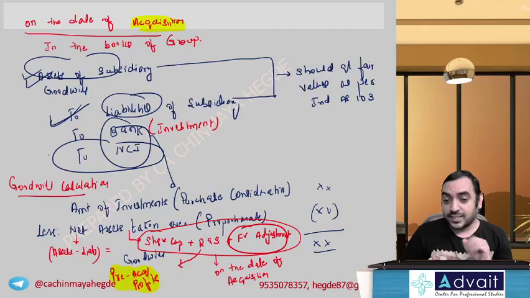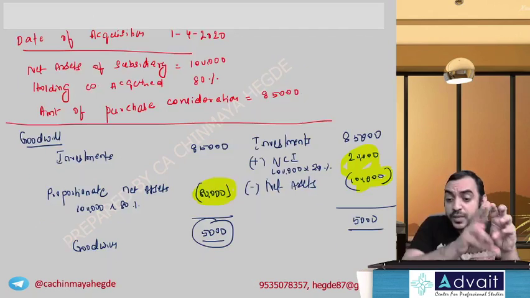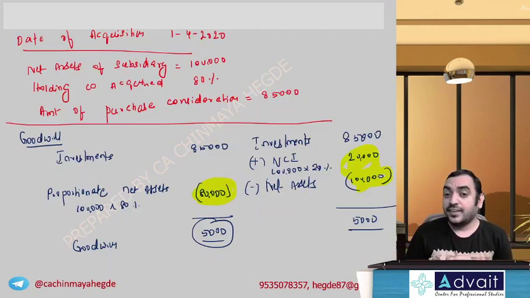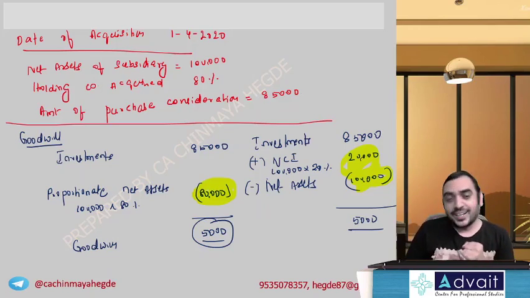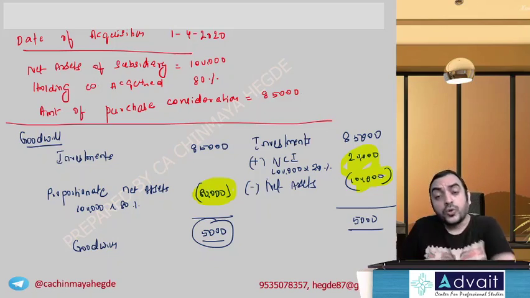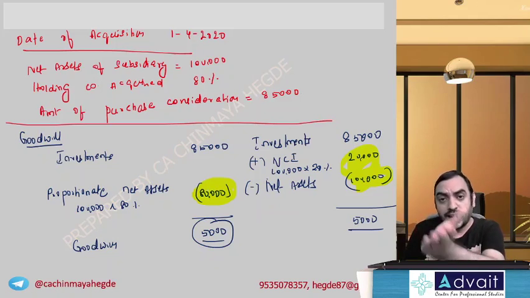Going back to our basics, do you remember I told you 100 rupees of PPE comes as 100 rupees in the consolidated balance sheet. For the balancing figure, we call it NCI. Fixed assets, we are taking full 100%. Current assets, we are taking full 100%, even though you own only 80%. The balance, what do you call? The balance, you call it as